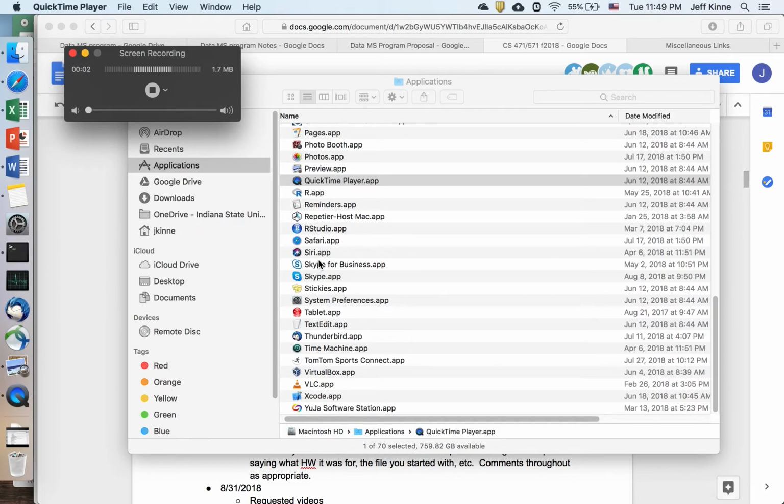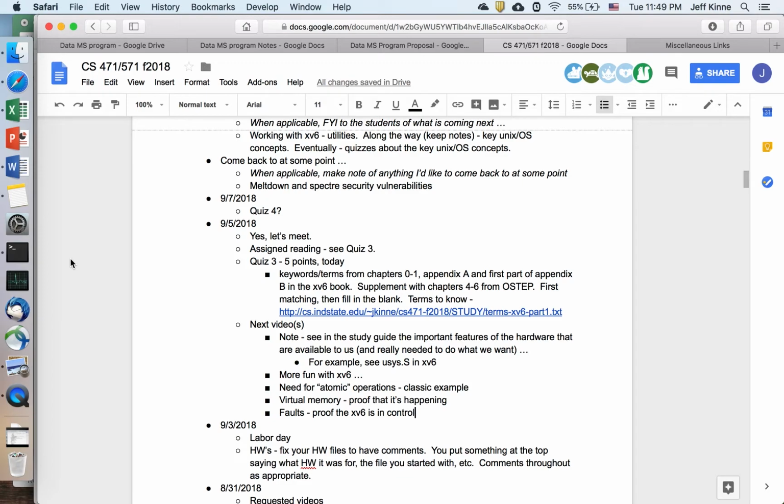Okay, hello operating systems. Here we're going to be moving on and looking at some more in xv6. The motivation is to just get into the code a bit more, practice with it, and we'll start